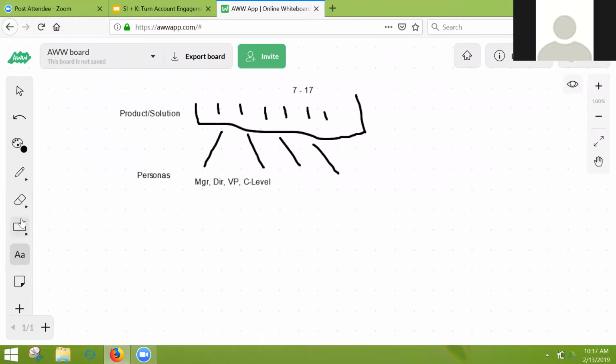The other is what I call their job function. So there's job level or seniority, and the other is their job function. It could be things like, are they in marketing? Are they in sales? Are they in finance? So why is this important? Essentially what happens is when you understand your list of target accounts, let's say you had a huge list, hundreds of accounts you want to go after, and you have the buying groups figured out, the product or solution, and the personas figured out,